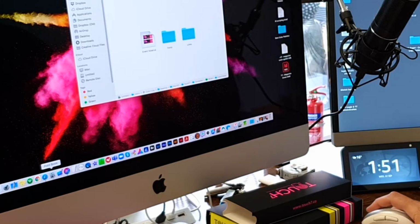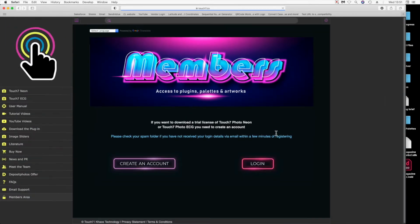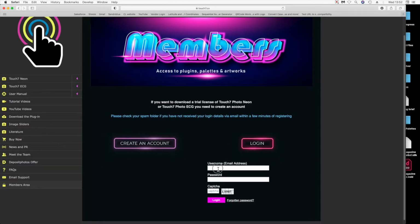Okay, so first of all, we're going to go to the Touch7 website, and if you haven't already done so, go to our members area right down at the bottom of our menu and sign up for an account. So it's free of charge. It will give you access to our palettes and also demo plugins for our other products like Touch7 Photo Neon and Touch7 Photo ECG. Once you've got your account set up, I'm just going to log back in, and you'll see that we then have,